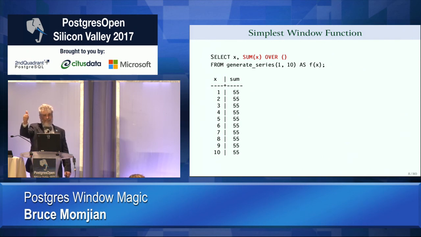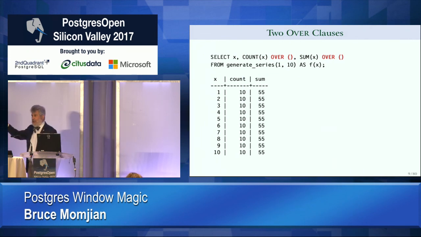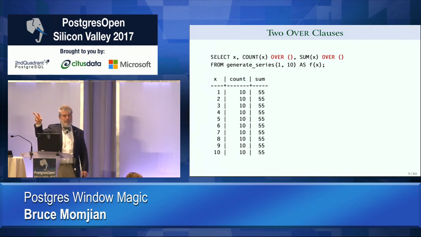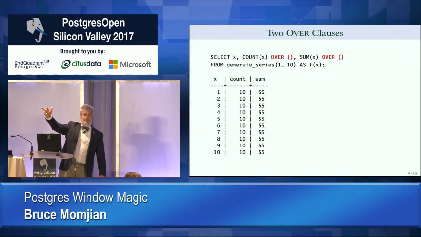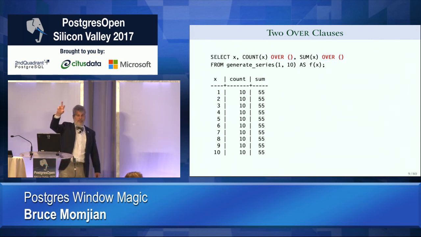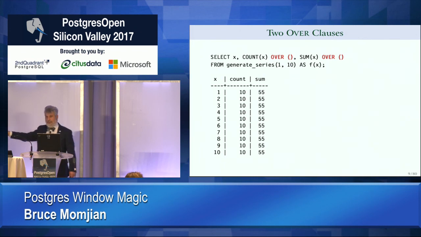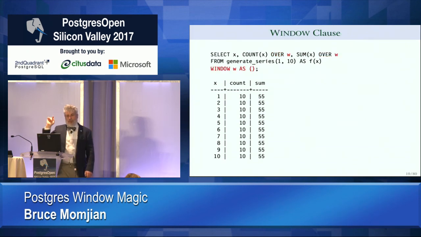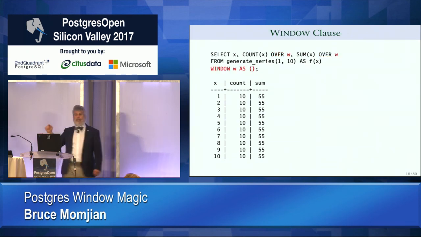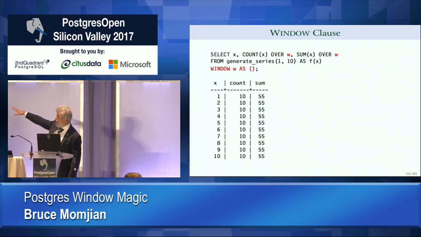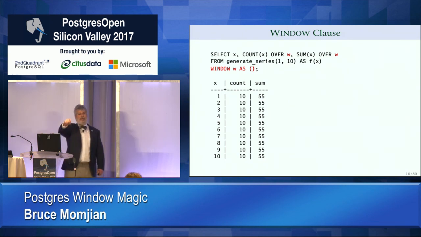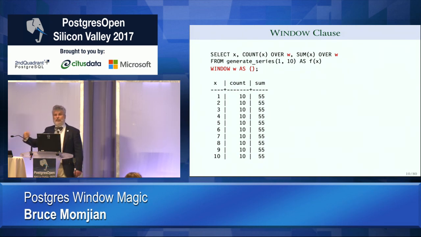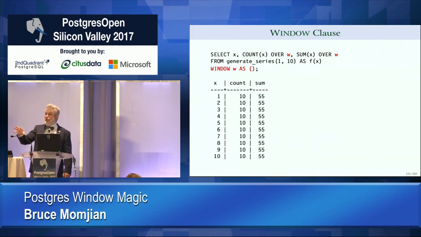Good. Here's the second one we're going to show you. This is using two window functions. One is count and one is sum, both of them using OVER clauses, both of them using empty parentheses to use the default. We're starting very slow; this is going to get very complicated. Third example, we're now using something called a WINDOW clause. This is just a syntax. It allows us to define the window specification and give it a label, in this case W, and now I can reference W in my OVER clause. I don't have to repeat my window definition over and over again.